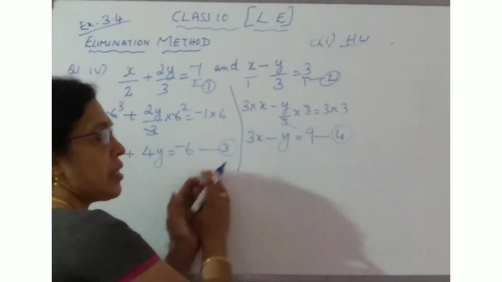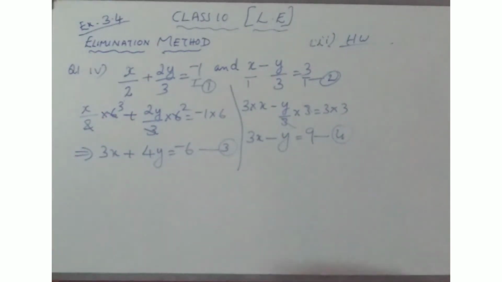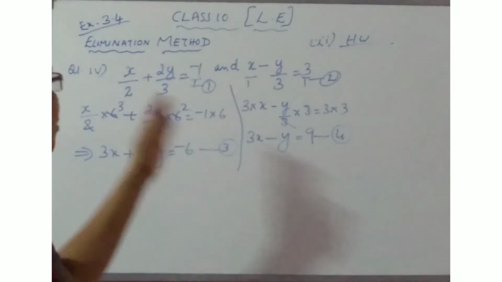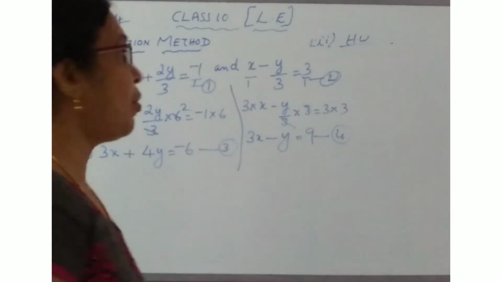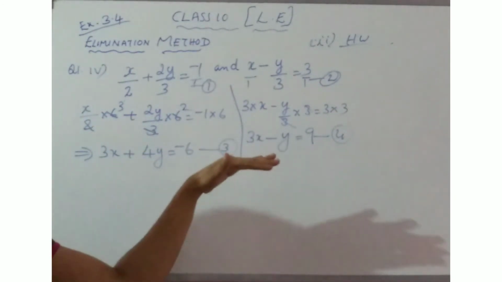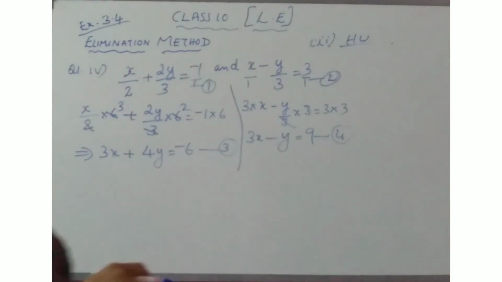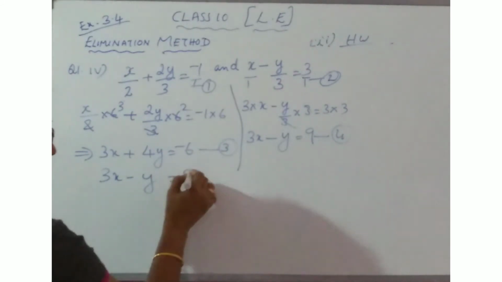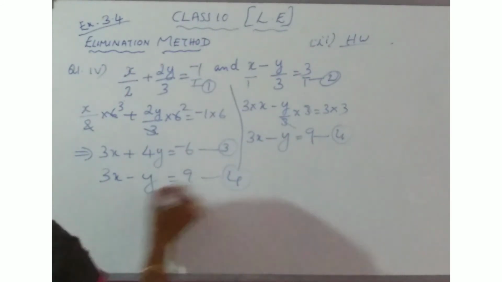Now this equation 3 and equation 4 we can do by the elimination method. So this is the simplest form. If you are doing elimination with rational form, it will be difficult. Most of the children will feel difficulty to do that, so that is why I told you to do in this method. If it is rational form, you have to convert it and then do the elimination method. So 3x minus y is equal to 9. That equation I have taken here.